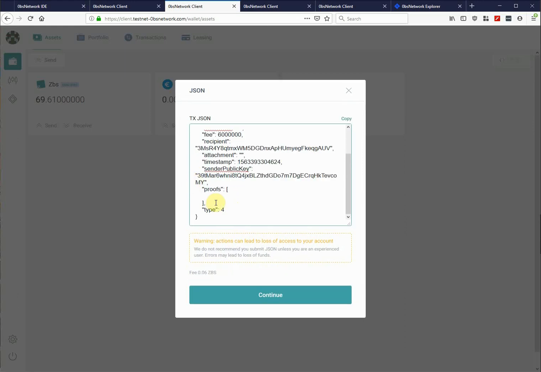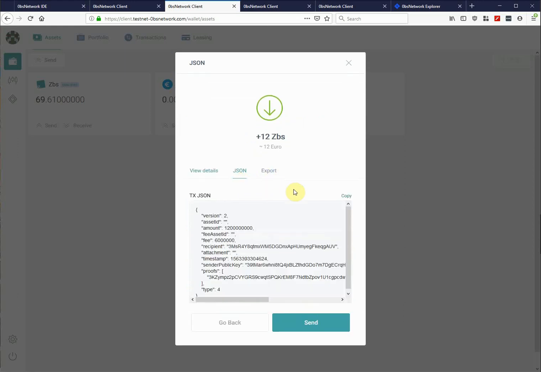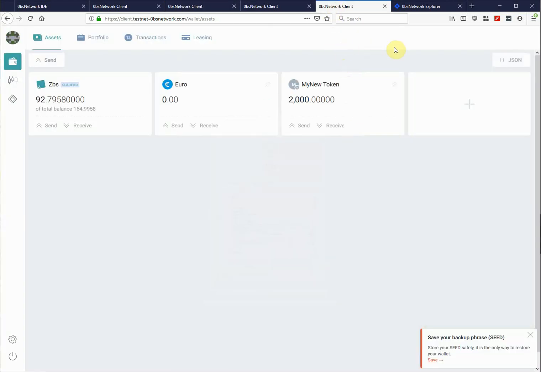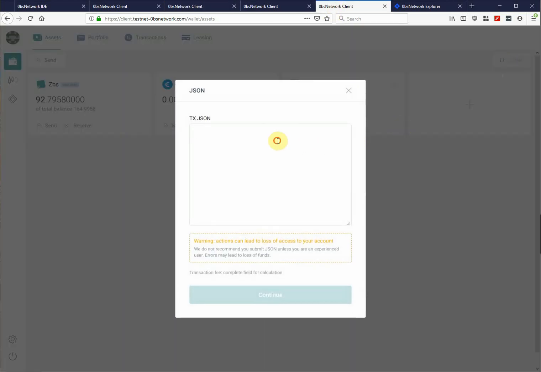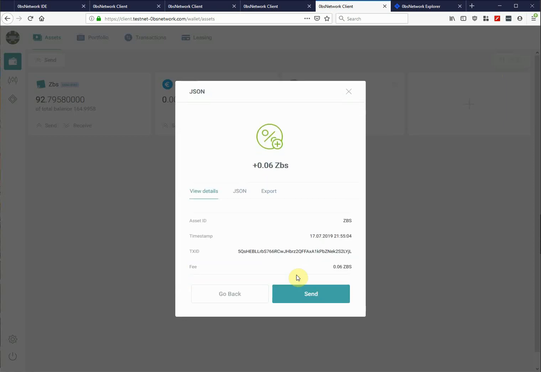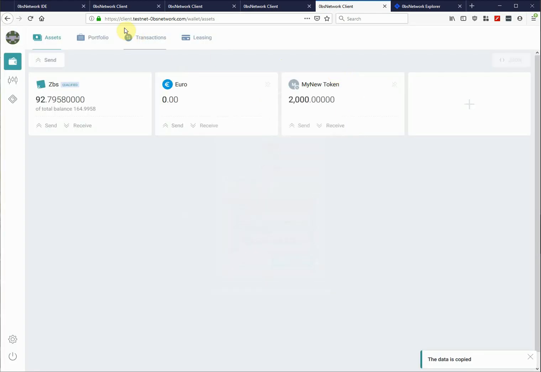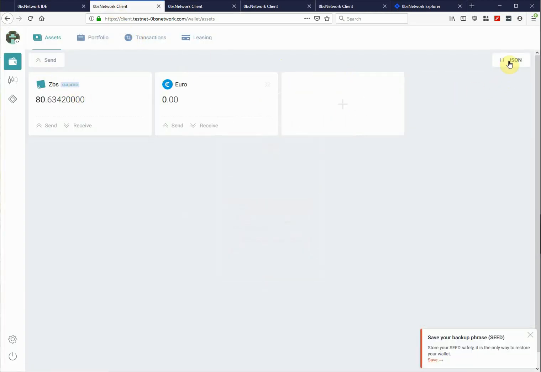So again, I will delete the proof generated by the main account, sign this transaction by my signing account 1, copy the JSON from there, go to my signing account 3, paste it in, sign it again, copy the JSON from there, go back to my main account,